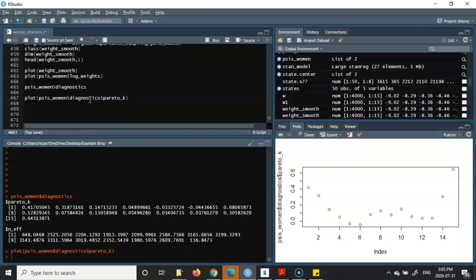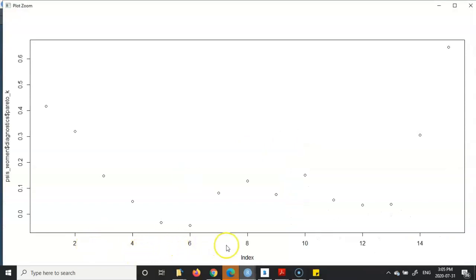I'm going to plot it, and you see the plot which I create here. The index is on the horizontal axis, because we have 15 weights which have been smoothed from the fits which we did before. We have 1 here, 2 here, 3, 4, and it goes all the way to 15 weights. And as you see, the parameter which defines the shape of the Pareto distribution, which we call the shape parameter, either alpha in some of the literature, or k in the R environment,